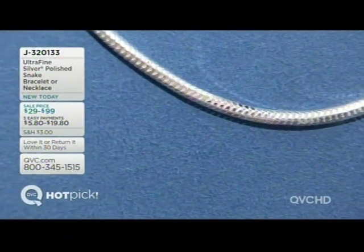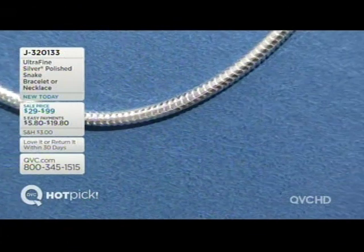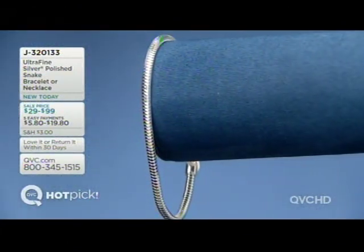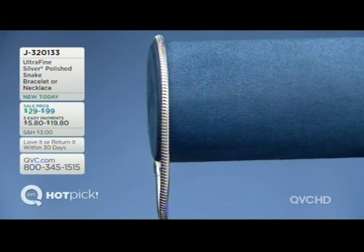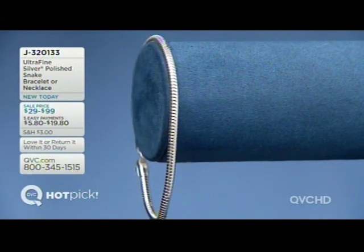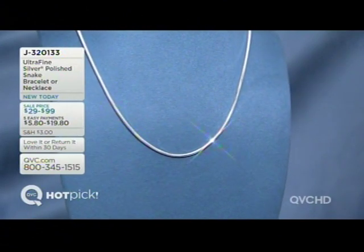By the way, about 15 minutes from now, that ultrafine snake necklace. It is beautiful, beautifully made. It's J320133. It is $29 to $99. We're going to have all kinds of lengths for you so that you can layer it up as much as you would like. But in the meantime, I do want to let you know that it is